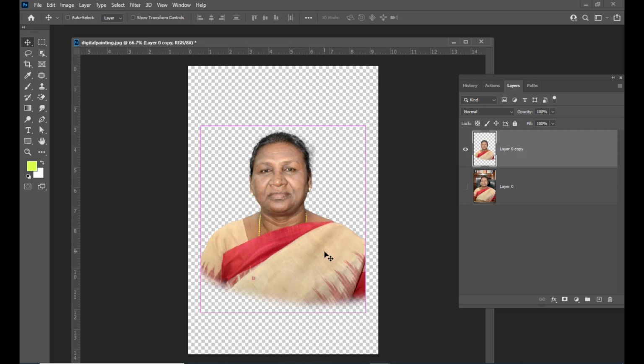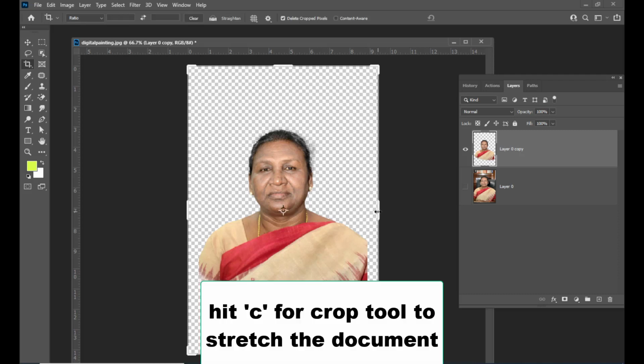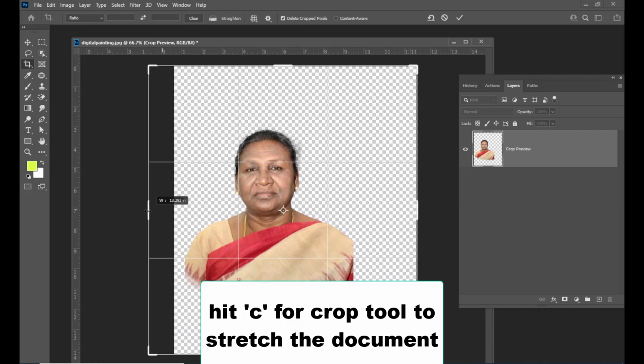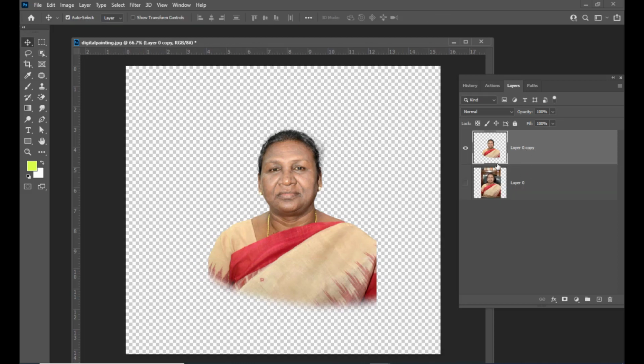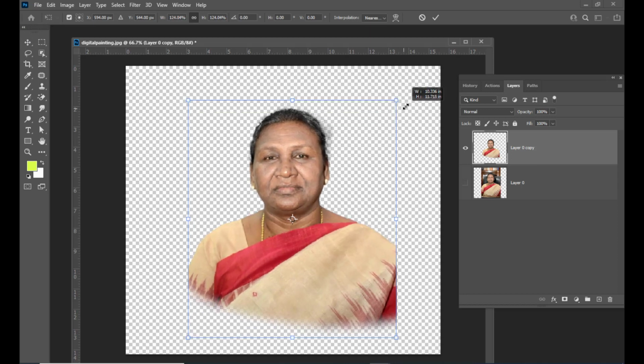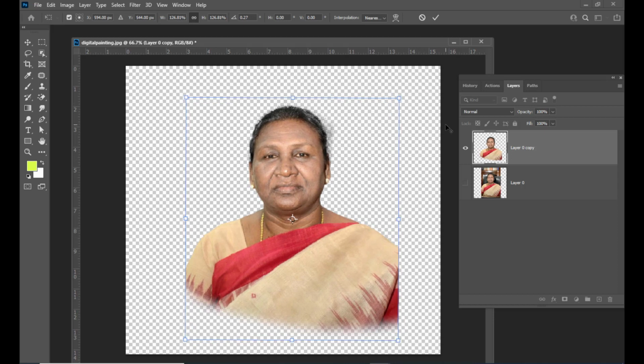Now we will scale her a little bit. We'll also create some space for our document. For that, we simply activate the crop tool, and then we will stretch our document. Right. So this much space is enough. Once we are done with the adjustment, now we are ready to start